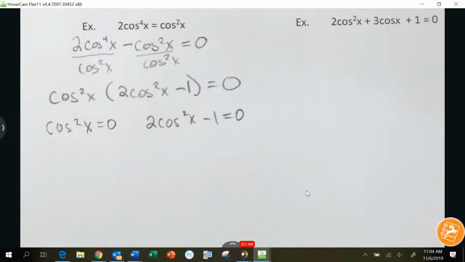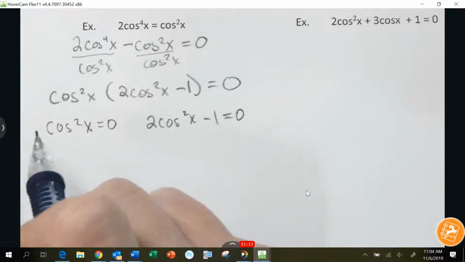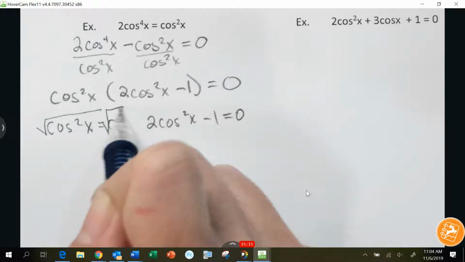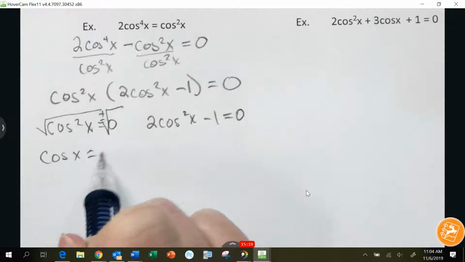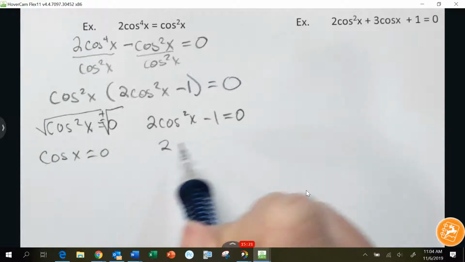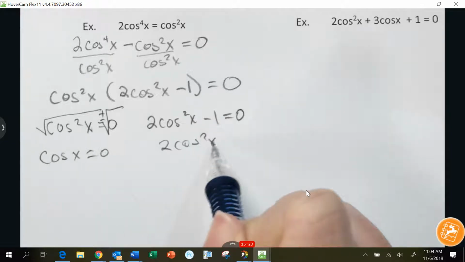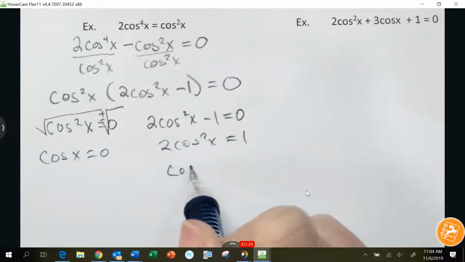Right, Amanda? What should I do now? Solve. Okay, so this one I'm going to square root, and if I square root, I'm going to plus minus, but that doesn't really matter because it's 0. This one over here, we're going to add 1, divide by 2,